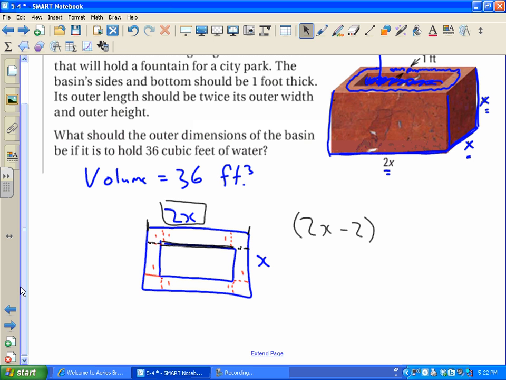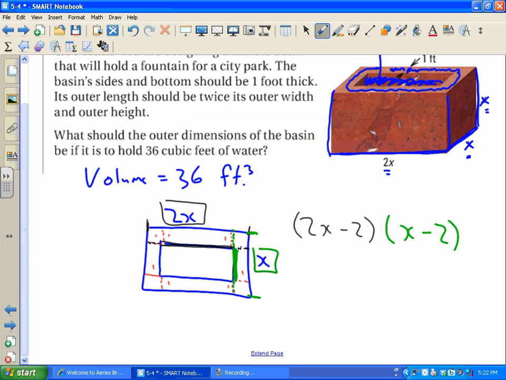The other length, we'll look at it here. I have it in green. I know the outer length is x, but the distance of the inner, again, this is top down looking at the basin, inner length that I have in green there will be x minus 2. Okay? So that's how I'm getting that. 2x minus 2 and x minus 2. At this point,